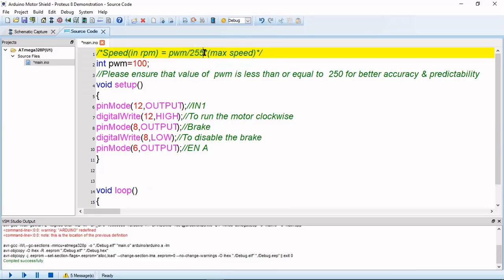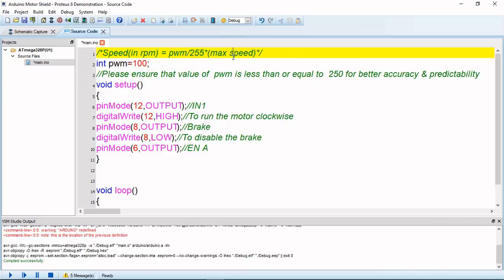So why are we writing the specific number 255? It is the maximum value of PWM that can be applied. So if we apply 255, then it will be on all the time, and if we apply 0, then it will be off all the time, and in between 0 and 255 the value will be directly proportional to the average voltage generated at the pin.